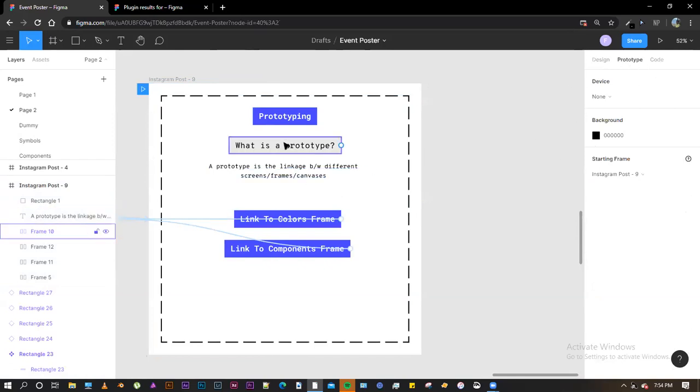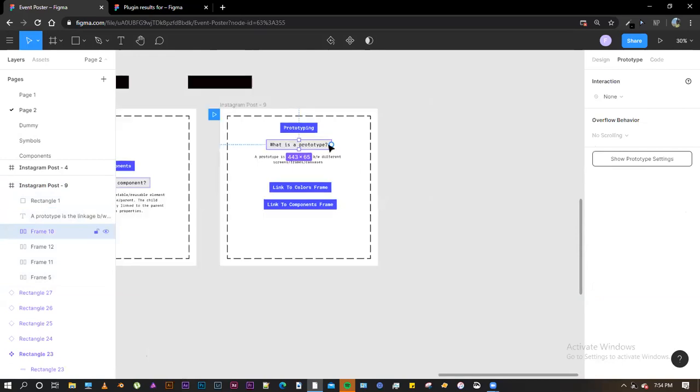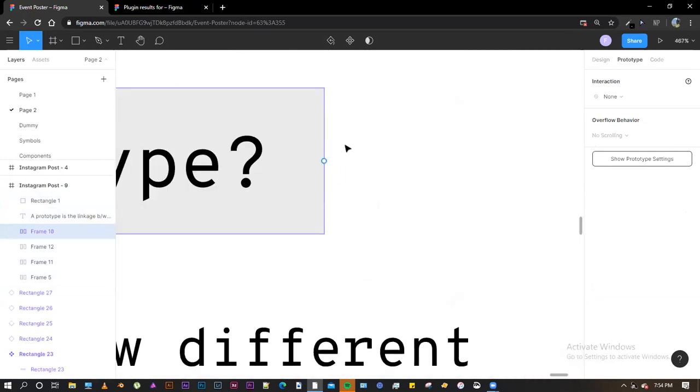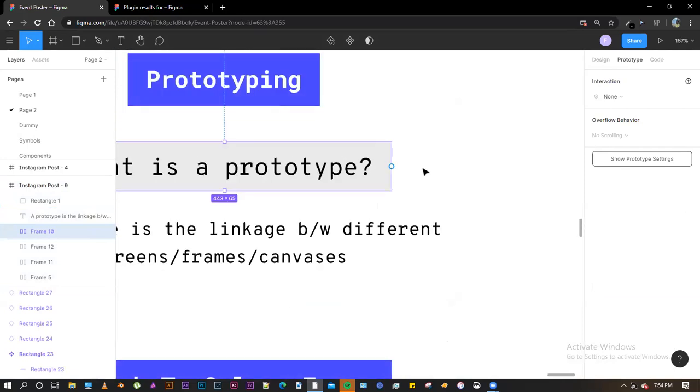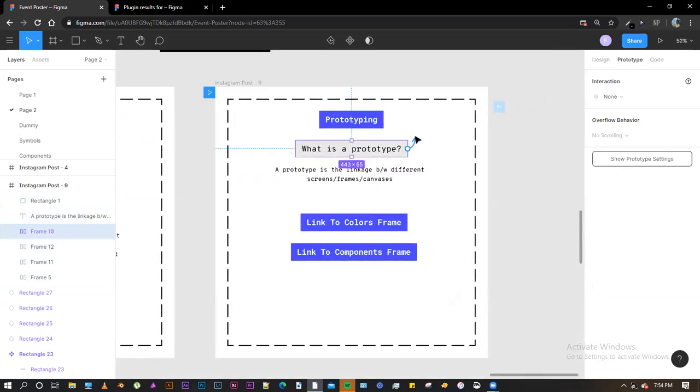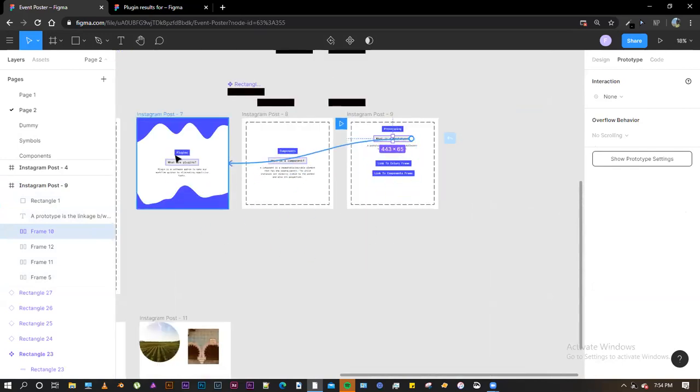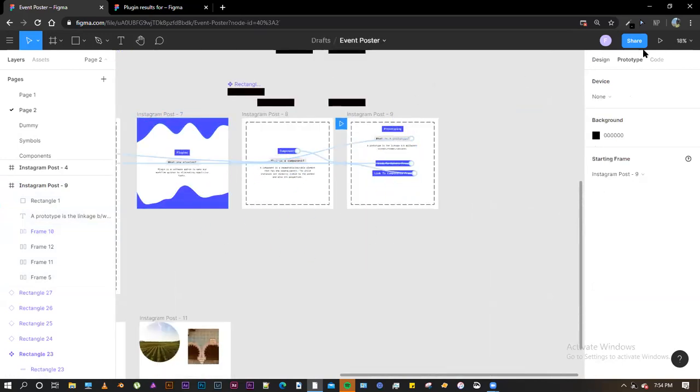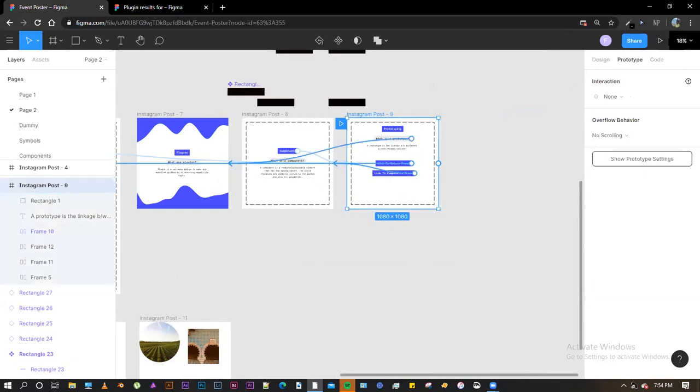So each time you click on any of the layers, there would be a circle indicator on the right side of it. If you click on it and drag it, there would be an arrow coming out of it. So if I zoom out and click on any of the screens there, and I click on play, it would open up in a new window.